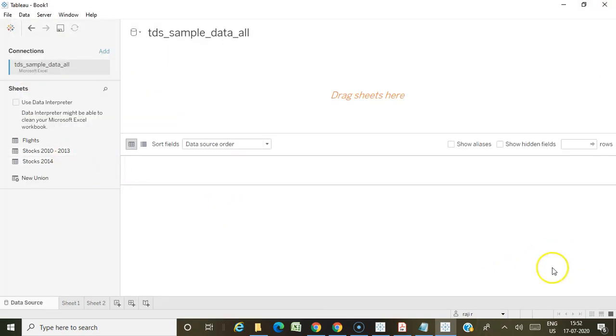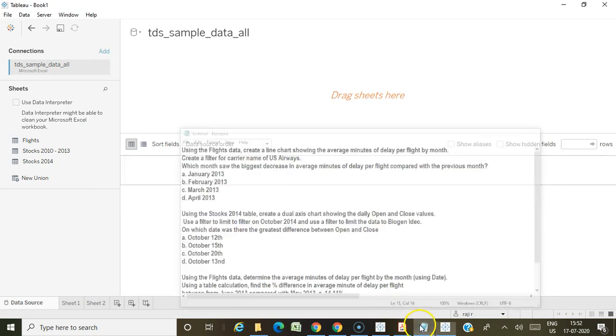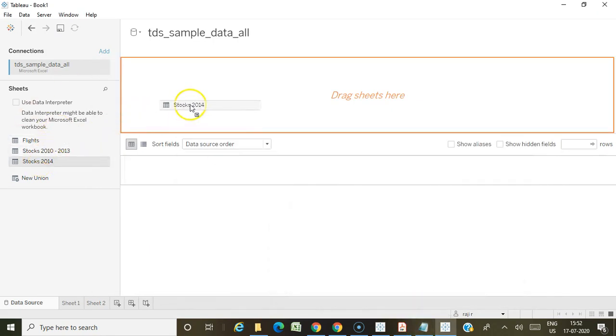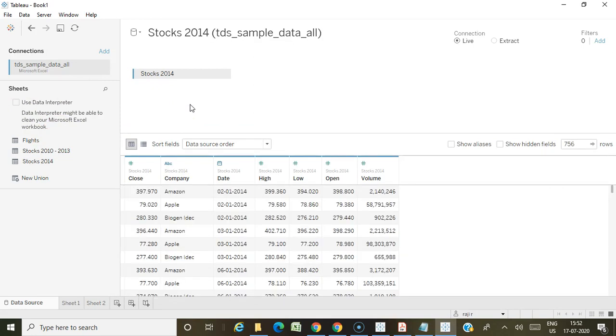So now I'm going to use the stock 2014 data. It's simpler instead of handling multiple Tableau desktops. Even in a virtual machine, it will be tough to handle multiple desktops, and your time constraint is also there, right? So use the same desktop, connect with different data sets. Okay.